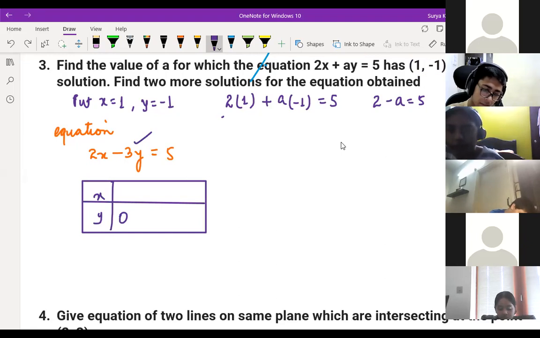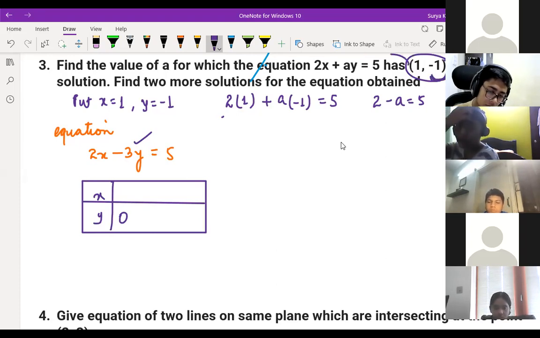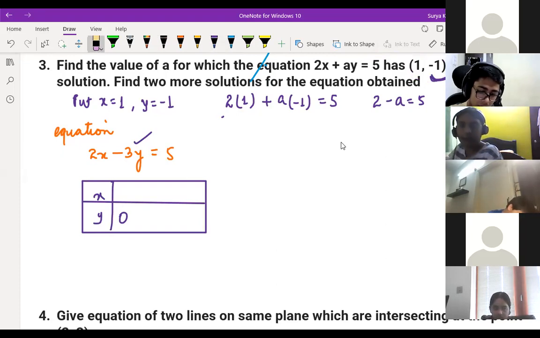Sir, so what I have to understand is A is constant for any situation, even if we change x and y. Yeah, because here see, this is the point which is satisfying this equation. It means how will A change? If A changes, this will not satisfy the equation anymore. Yes. Sir, but it's for that equation only, right? And if we change the solution, then A would also change.